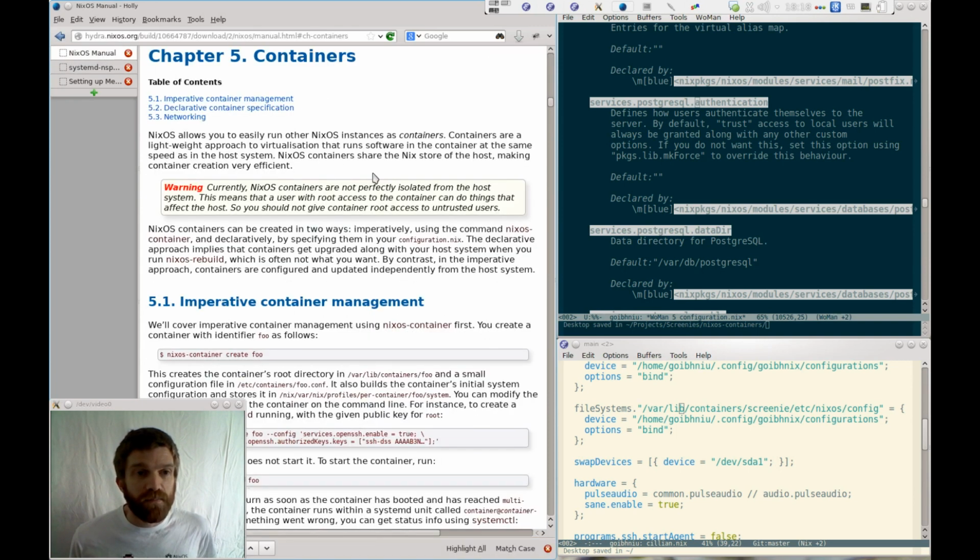Just to jump back to the manual, there are two main types of containers. You can create them imperatively or declaratively. Even though the big deal about NixOS is that you have declarative configuration for everything, I'm going to show a mix of the two, where I use a configuration.nix file to configure the particular container, but I create it imperatively,